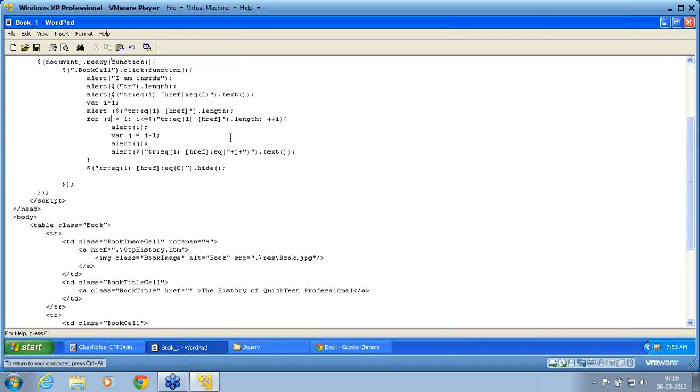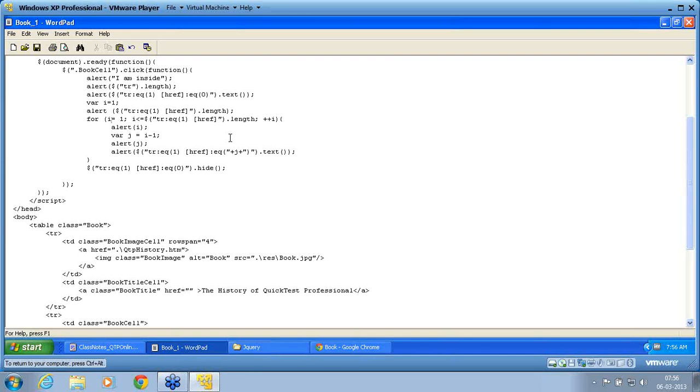This for loop I can also give, and all the syntax is purely Java syntax. It is nothing to do with VB scripting here, right? So JavaScript is used to retrieve the author name. So I now know all the authors that are available in that href. So this is how I can manage more with jQuery.